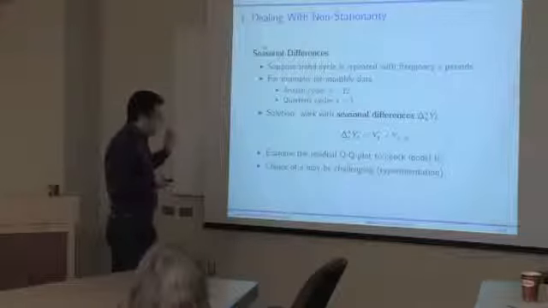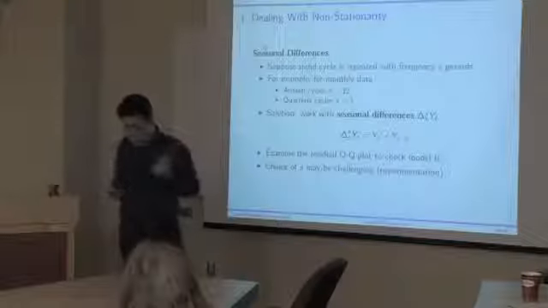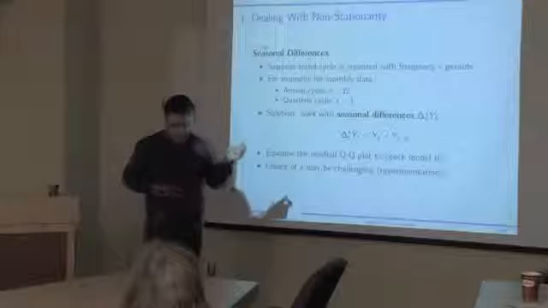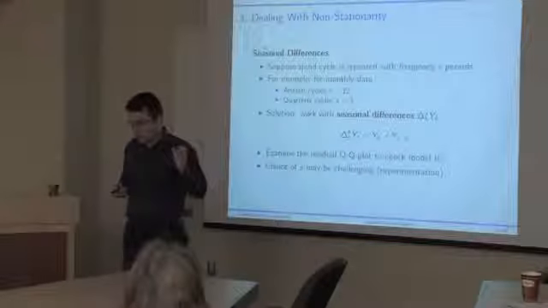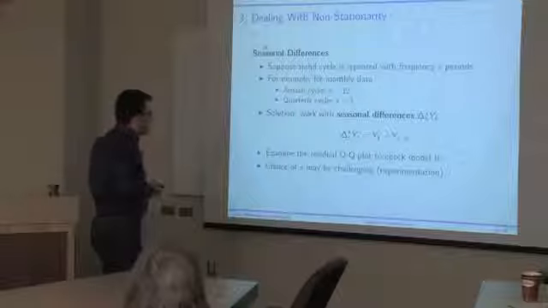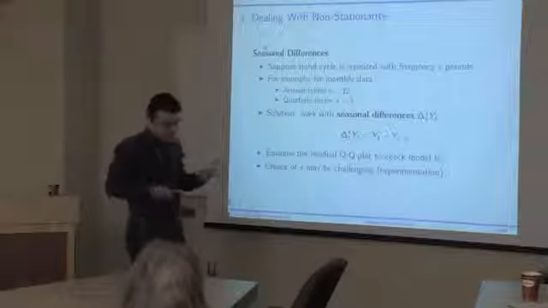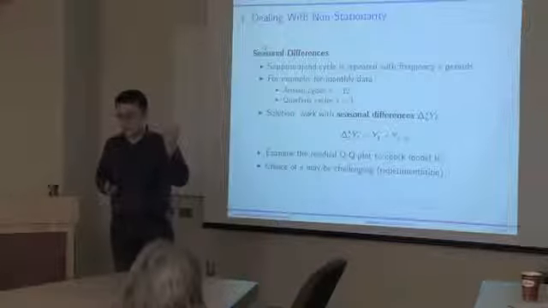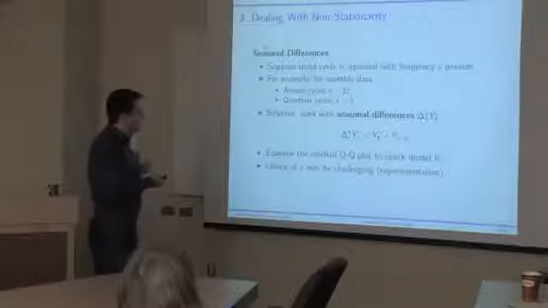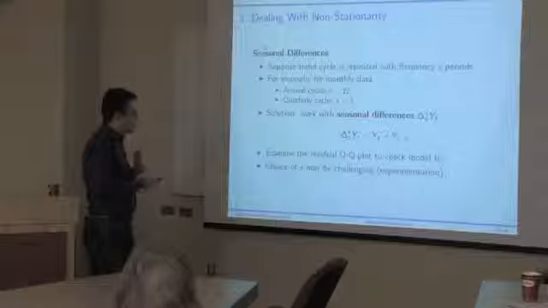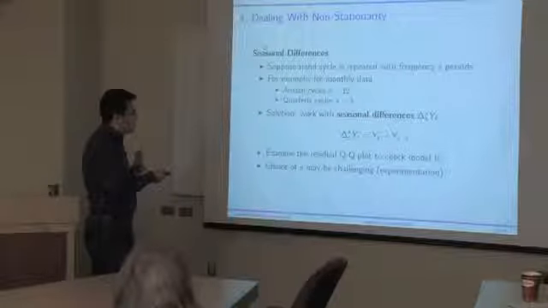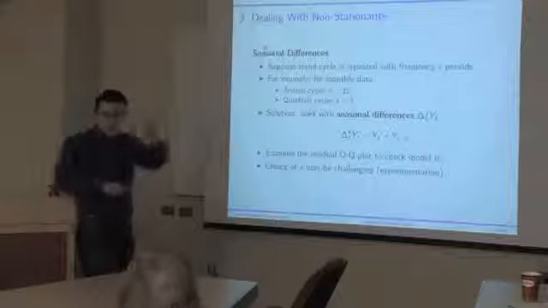So once we make some kind of decision about the frequency of these cycles, what we can do is convert our series from the level form into the seasonal difference form. So instead of taking the differences between the values of the series and just the first lag of the series, we're going to look at the differences between the values of the series and the lagged value of the series, which is lagged by the frequency periods of time.